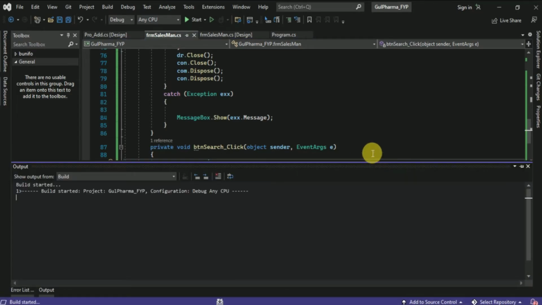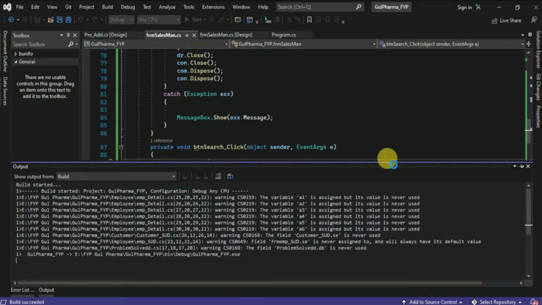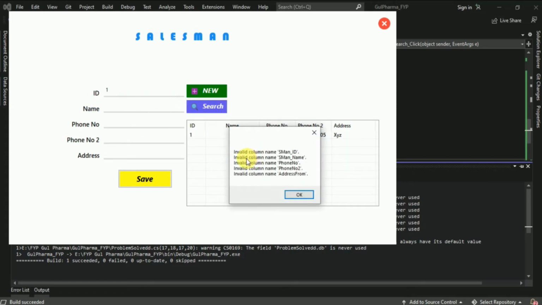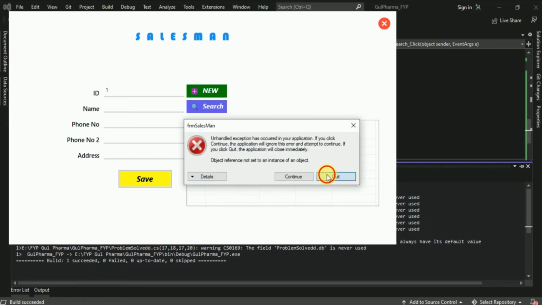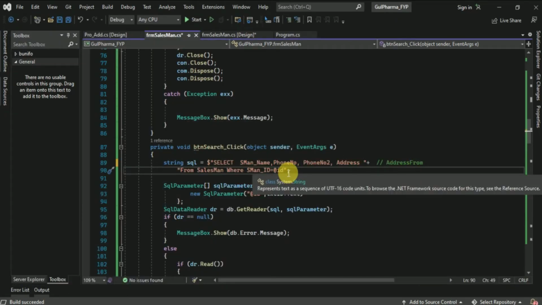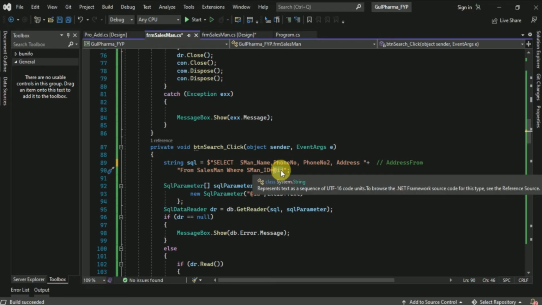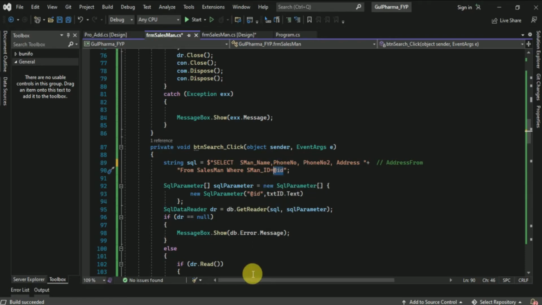For example, if we run the query, if we search ID1, it will give the invalid column name, and here the column names. And the third problem occurs when here we are adding some variables, and the variables are not in the quotation form. For example,